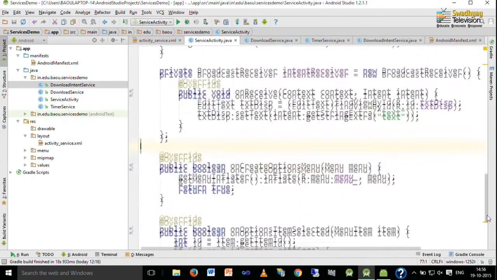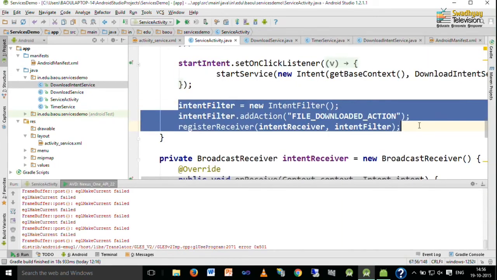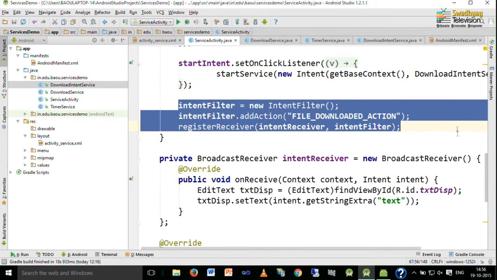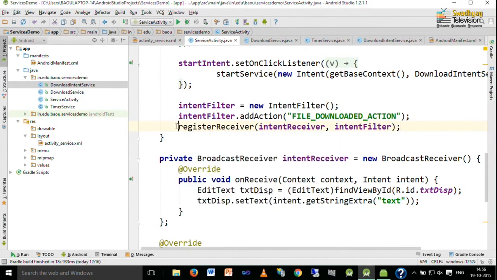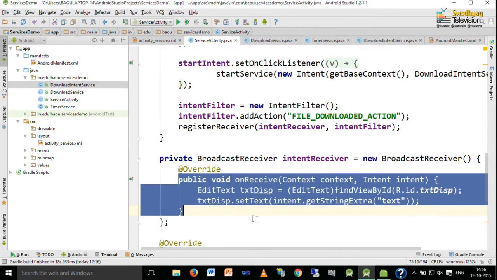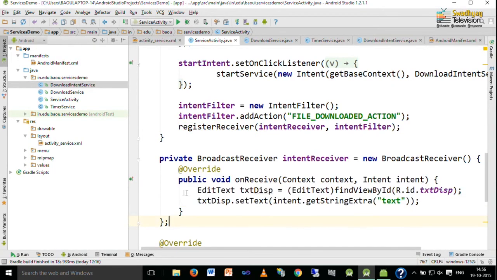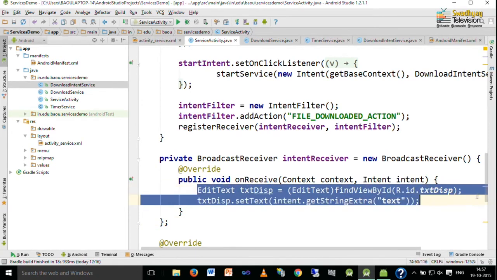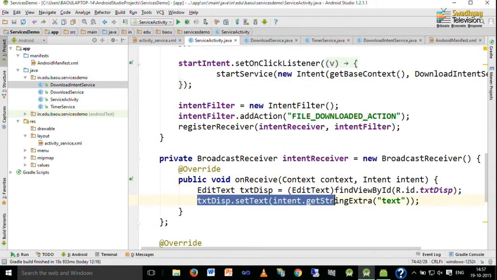registered one intent filter with that action sent by the service, and here we register this intent filter with our broadcast receiver, and when the service is finished, it will call this on receive method where you can take a reference of the edit text, and finally we display the downloaded file in the edit text.